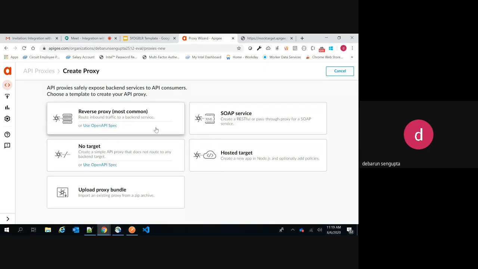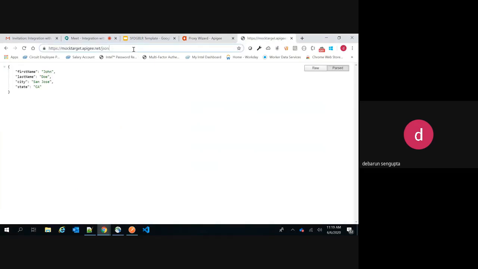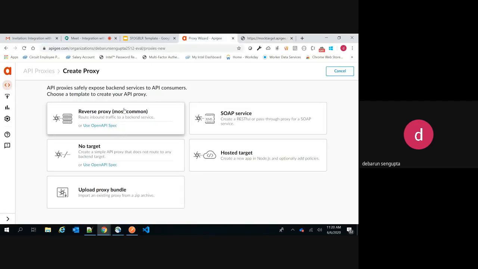So let's discuss what a reverse proxy is. It's the proxy that you will create, and from your client you will make a call to this proxy, and this proxy will in turn call this endpoint which we are using for our demo. This is the target endpoint, or the desired endpoint, or you can call it the backend endpoint. The endpoint that we will be creating is a middle layer, or the facade layer, or you can say the gateway. And from our code, we'll be calling this particular service. So let's see how we can do this.